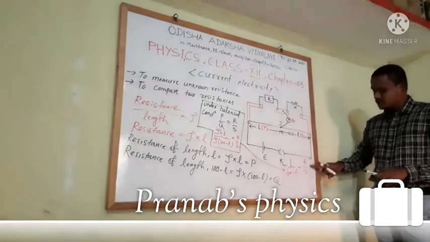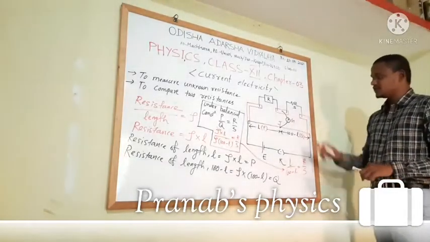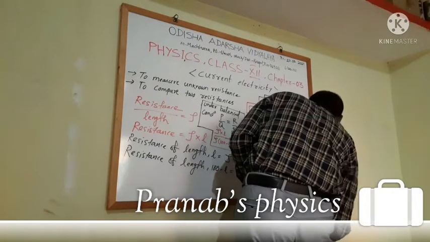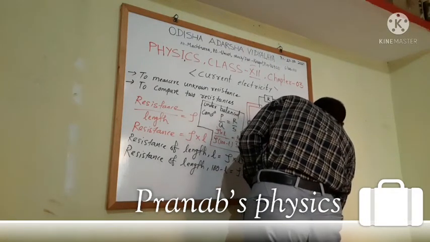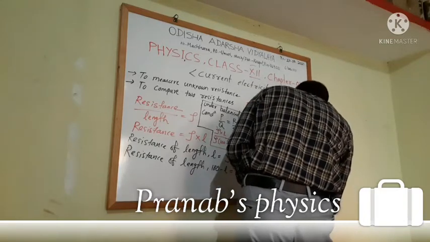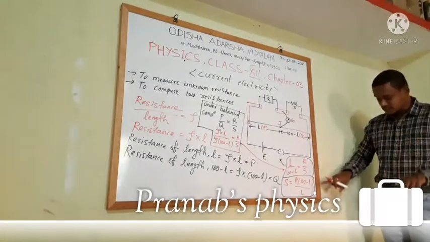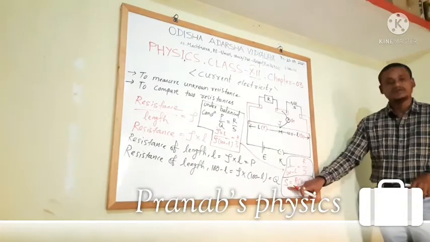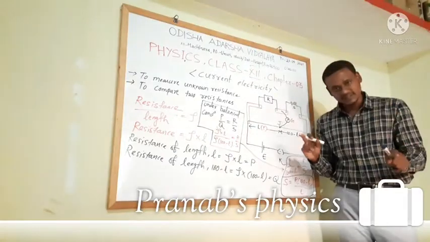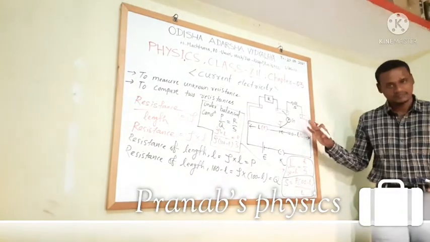To compare two resistances R and S, we can use this formula, or if S is your unknown resistance, then to find S we can write like this: S is equal to R into 100 minus L by L. These two formulas are very useful. This formula helps to compare resistance of two resistors, and this formula helps to find unknown resistance. In this way, meter bridge helps us a lot. You can find the meter bridge at your physics lab. There you can get this arrangement.